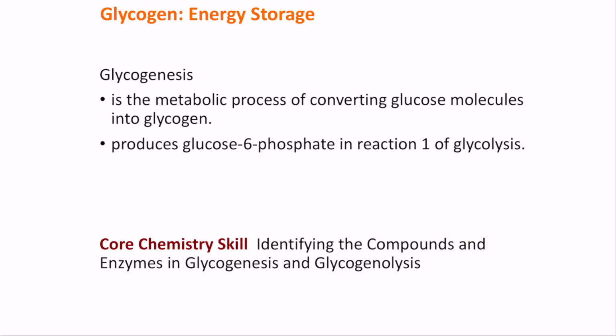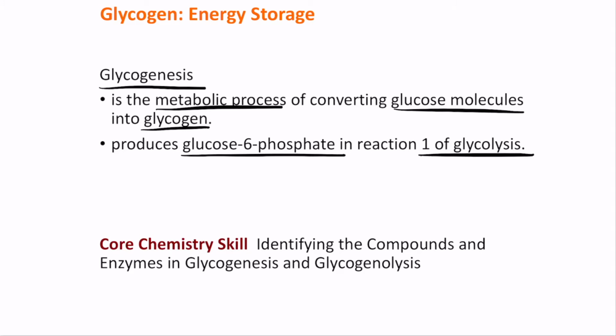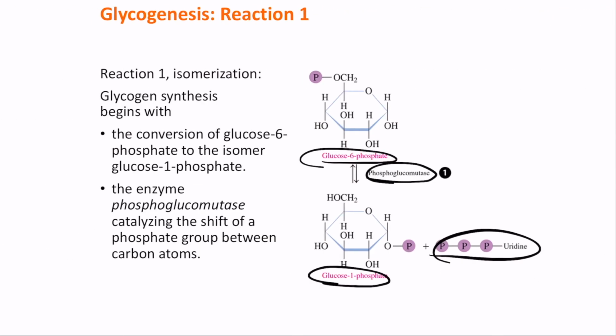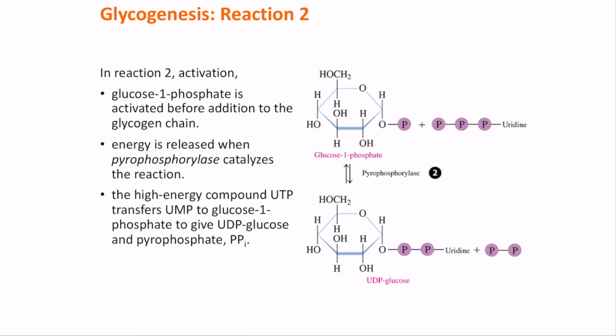Next, let's talk about glycogenesis. Glycogenesis is the metabolic process of converting glucose molecules into glycogen. This uses glucose 6-phosphate produced in reaction 1 of glycolysis. So what is the reaction here? You have glucose 6-phosphate, under the use of the enzyme phosphoglucomutase, creating glucose 1-phosphate. Now this glucose 1-phosphate, under the use of the enzyme UDP-glucose pyrophosphorylase, undergoes the formation of UDP